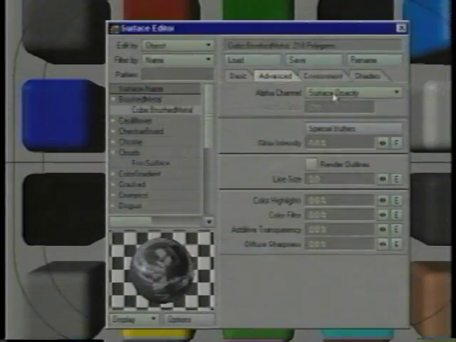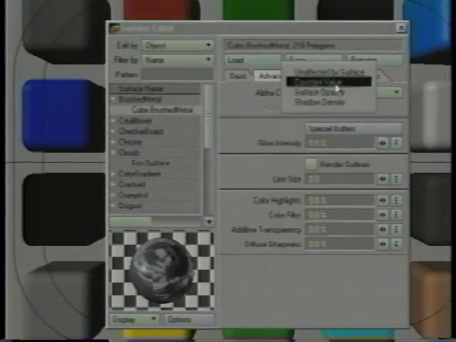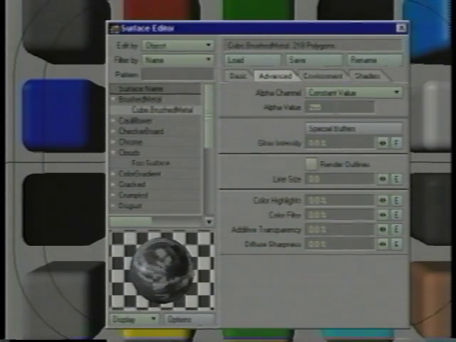So anywhere that it was transparent, you get less of an alpha channel. Anywhere it goes to opaque, you get more of an alpha channel. It's pretty straightforward. So let's go ahead and change this to a constant value. In case you need to have an object that's always filled into the alpha channel, at 255, that will always be 100% opaque. If I set this down to, say, 128, now we make a render, and what we'll